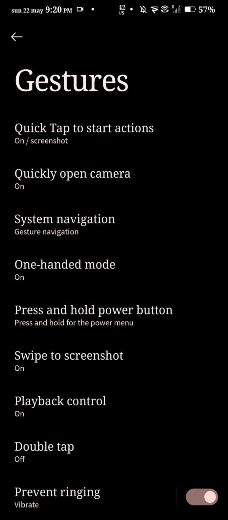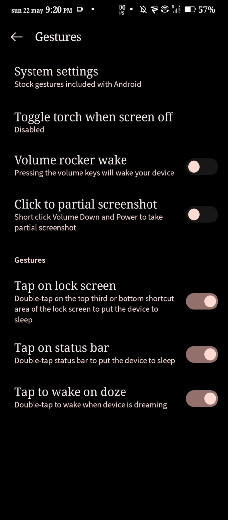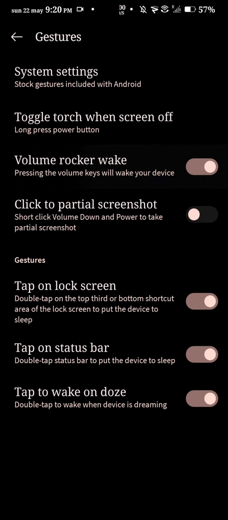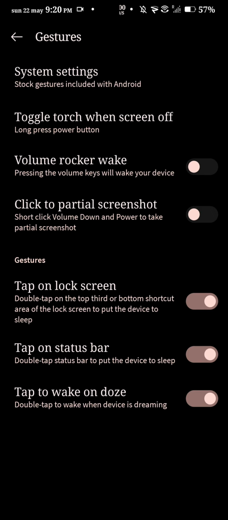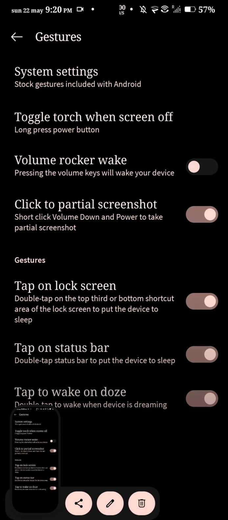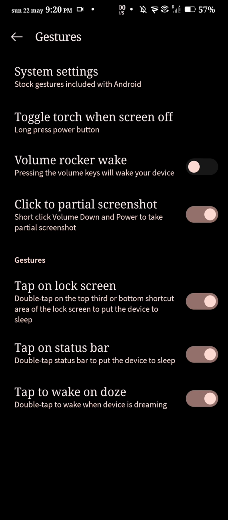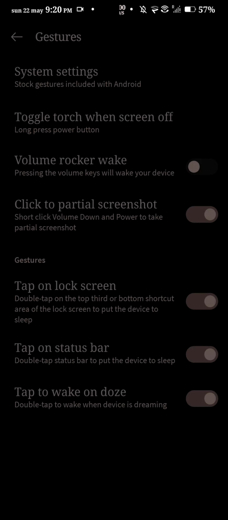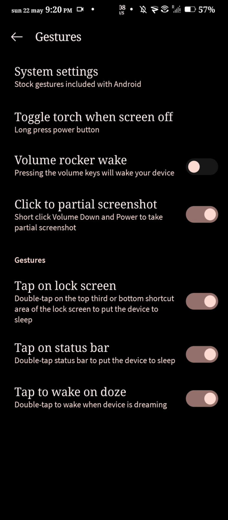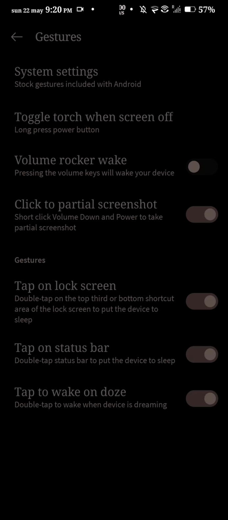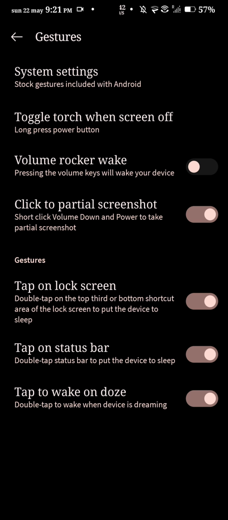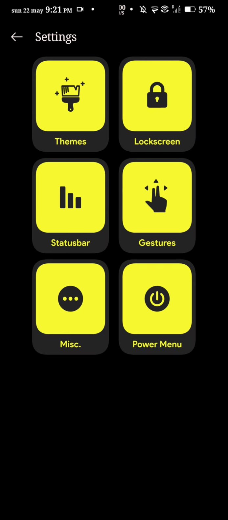And here are gestures. We already had a look at these particular gestures, so let's go back, and you can long press to enable a torch, and you can use volume rocker to turn on the device. And you also have the option for partial screenshots. So if you click here and then take a screenshot, you have the option. Okay, so there's short click thing. Yeah, so this time I just click short, and this time I would take a partial screenshot, but if I take a longer one, then it will take a complete screenshot. Let's go back,